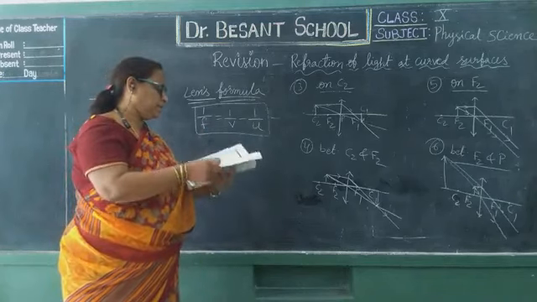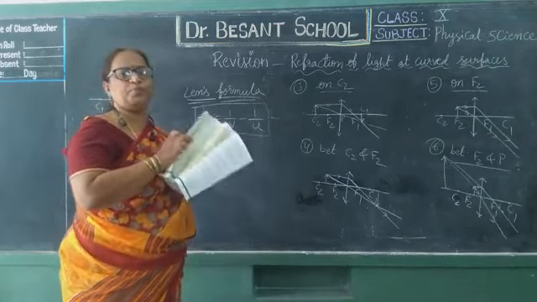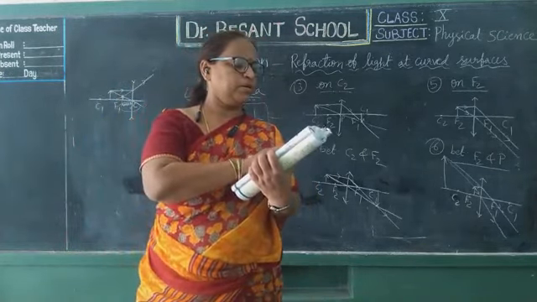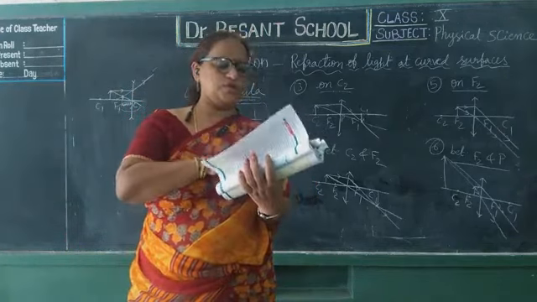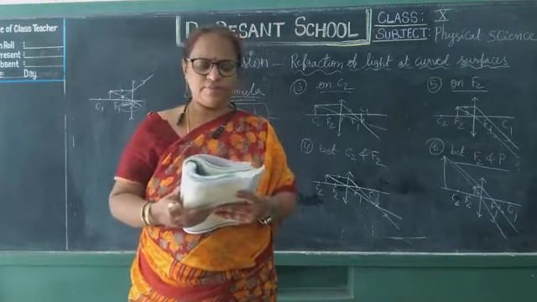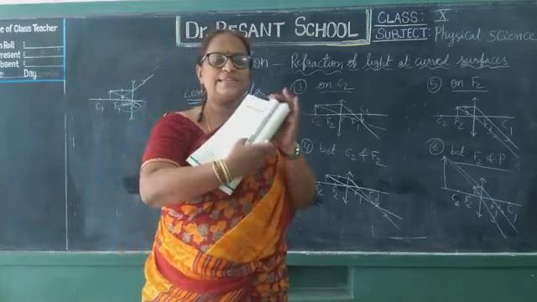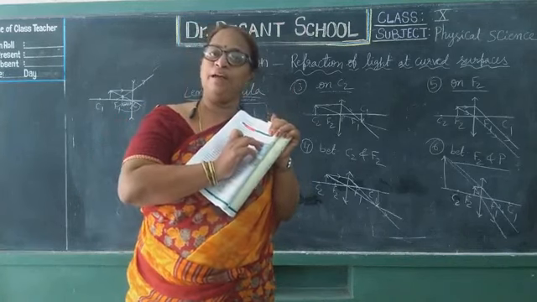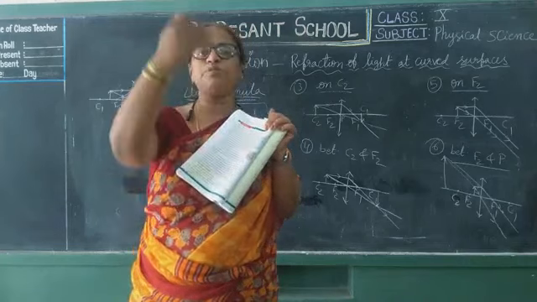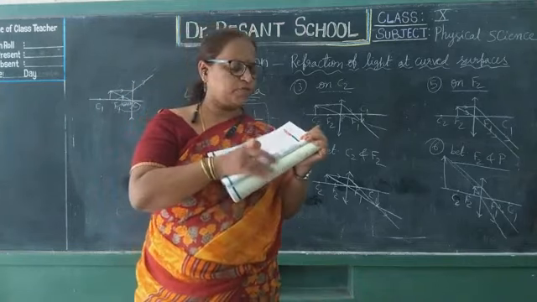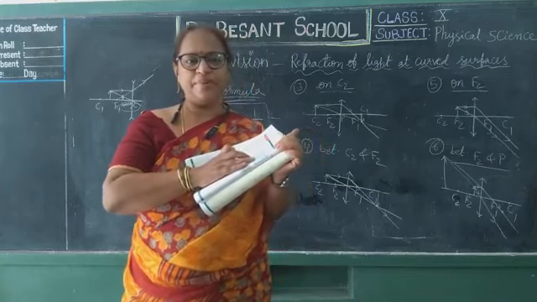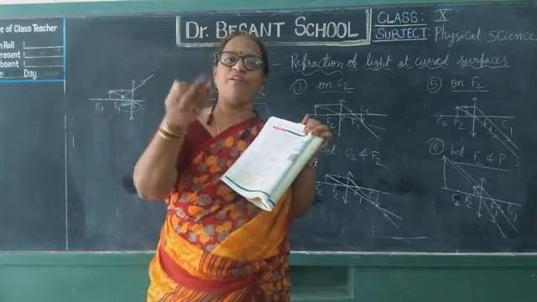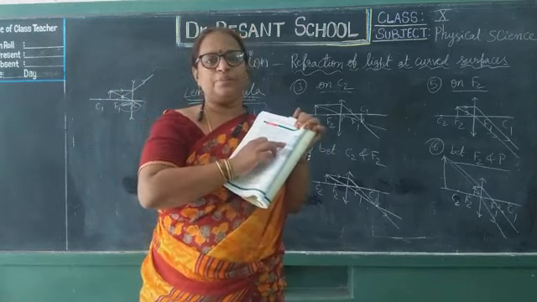And next comes activity 2, which is a very important activity, a 4 marks question. We will take a convex lens whose focal length is known, and take a cylindrical vessel or a glass tumbler whose length should be more than the focal length of the lens, at least 3 times the focal length. Suppose the focal length of the lens is 15 centimeters, then the height of the tumbler should be at least 3 times, that is 45 or 50 centimeters.